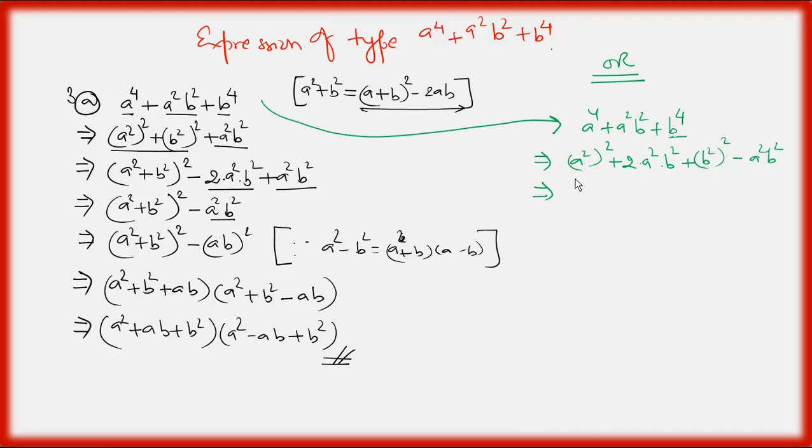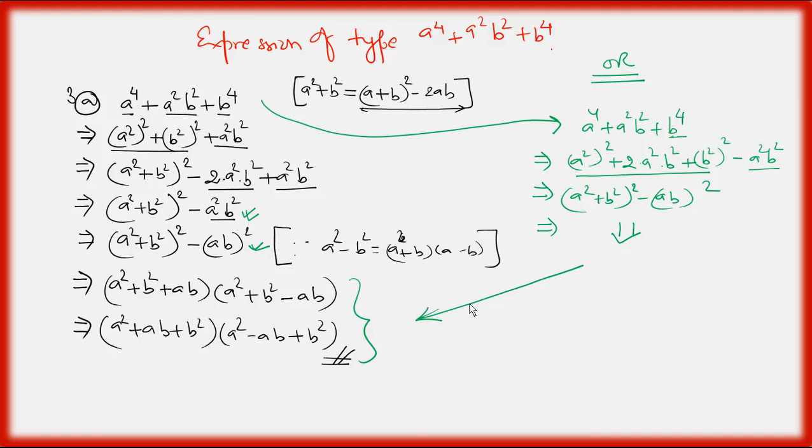This is only the expanded form. Why are we doing this? Because we can express it in a plus b whole square form. Here a square plus b square is positive, but here 2a square b square is positive. If we subtract one a square b square, then we will get the same thing. So in the first pattern, three terms give a square plus b square whole square minus ab whole square, which is also a square term. For the further steps, we are at this stage, and this is the same as this.